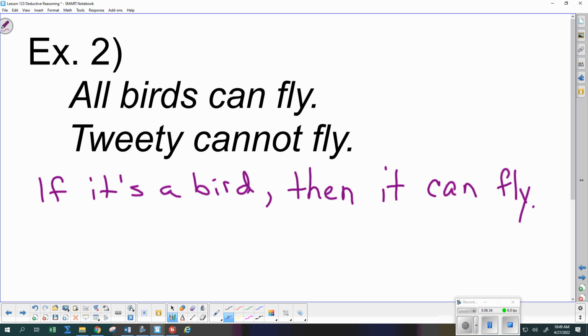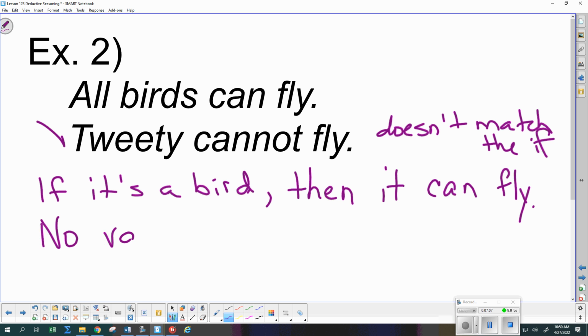If it already has the if-then, you don't have to rewrite it. But if it does not, yes, you are required in this course. Okay, then our minor one is Tweety cannot fly. Does that match the if part? So no, it does not. So it doesn't match the if. So we say for this course, no valid